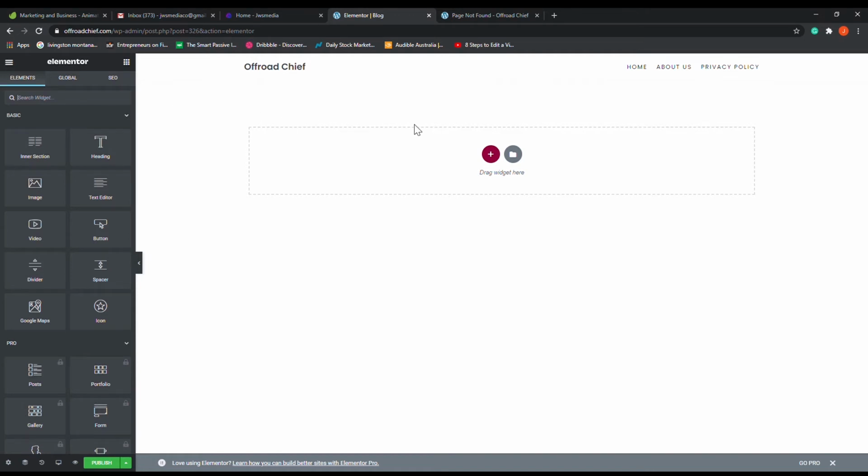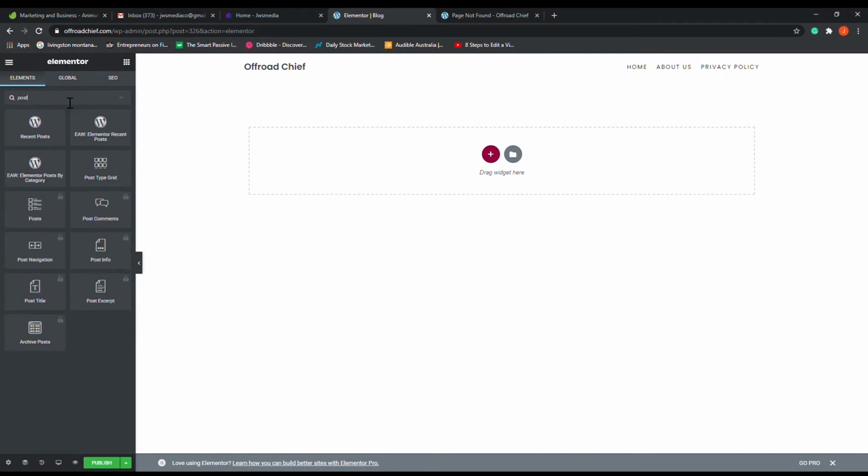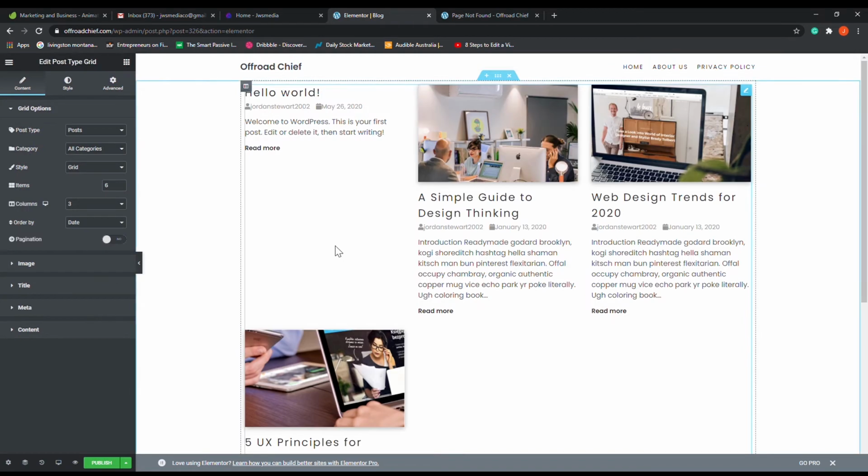This is where the Orbit Fox Companion plugin comes into play, because this gives us the extended features of having a post grid. So to get this, we'll just hover up in the search widget bar here and just type in post. As you can see, we have a post type grid widget that turns up here. Now we're just going to want to drag that into our page. And as you can see, there we go. We've got a perfectly functioning